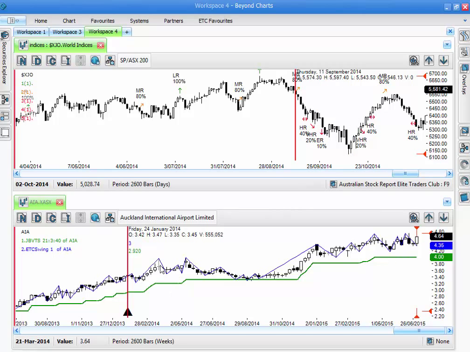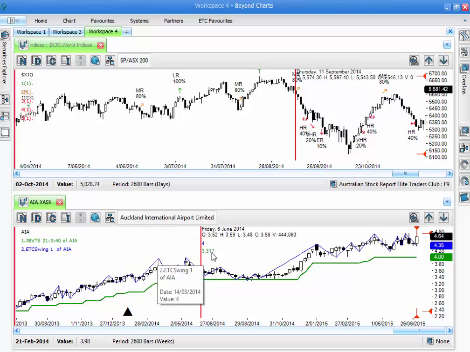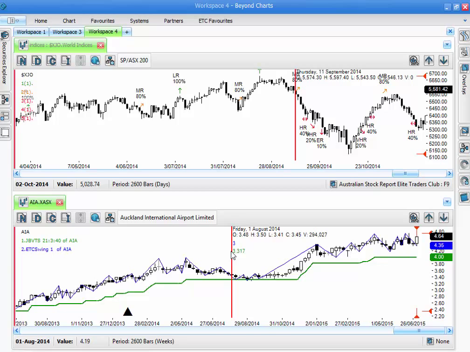Now, you might know along the way here, during August, September of last year, that the price of this particular stock got very close to our 3 ATR. In fact, it looks like it closed below it. But our rule says when price closes below the trailing 3 ATR, then we get out. So on this particular day here,